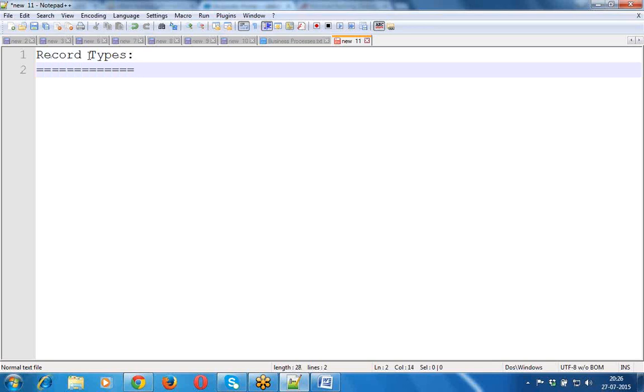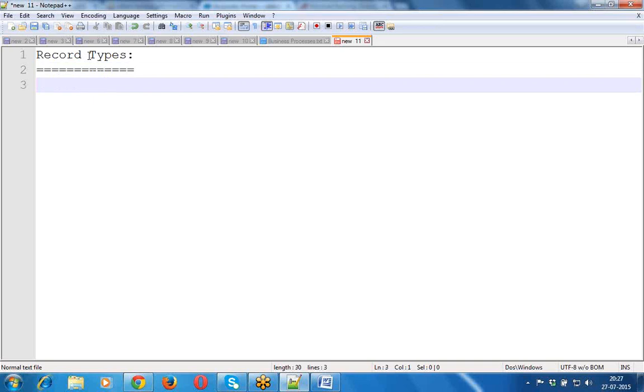Already everybody is aware of how to create the object and how to create the field, and creating the record, performing the manipulations on the record, customizing the page layout and tracking the field history, making the field dependent on another, nothing but the field dependency. All these things we have discussed. Now today we are going to discuss a feature called record type.